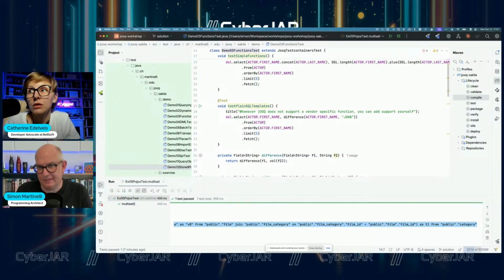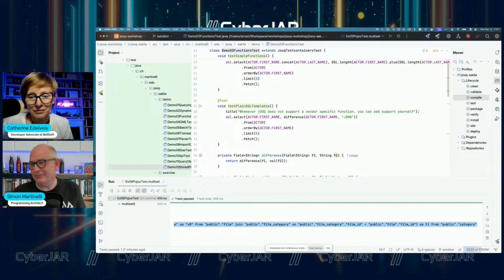And jOOQ, well, it's not a new project, right? It wasn't born yesterday. And I know that Lukas is the main driver behind jOOQ, the father of the project, so to say. Do you know if the project has any other maintainers besides Lukas? Yeah, you can have a look at the commit history, for example, or also on the jOOQ page. There you can see the contributors that are working on jOOQ. But that's true. Lukas is the father of jOOQ and still the main maintainer of the product. By the way, fun fact, Lukas is probably the only person in the world who has filed at least one bug report at every database jOOQ supports.